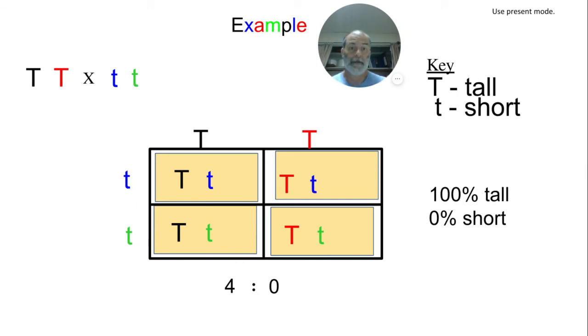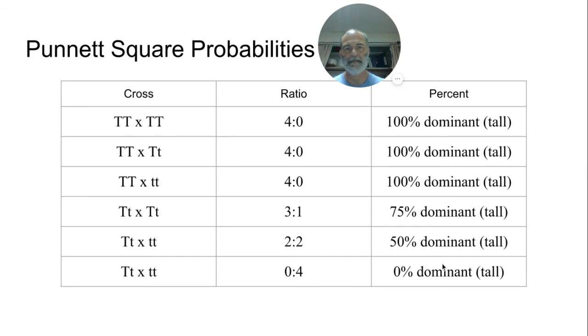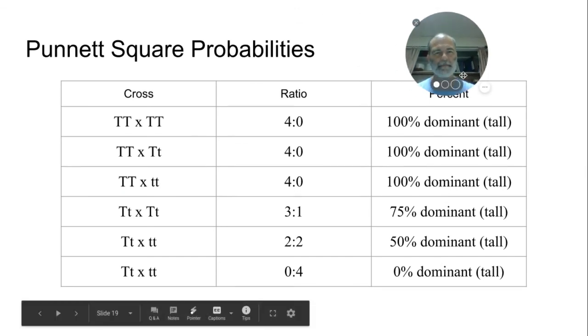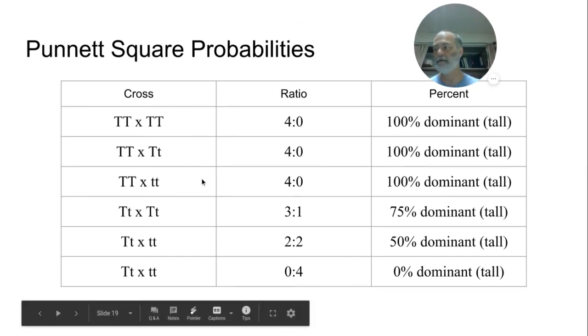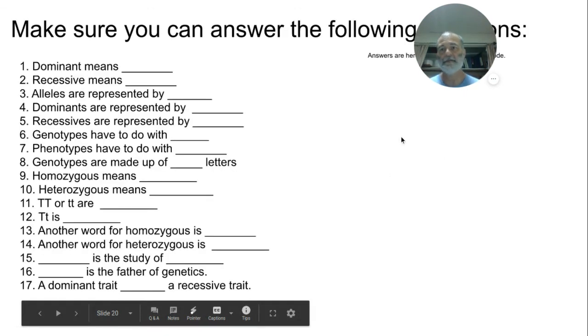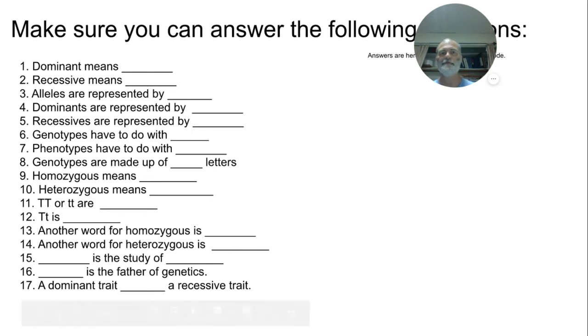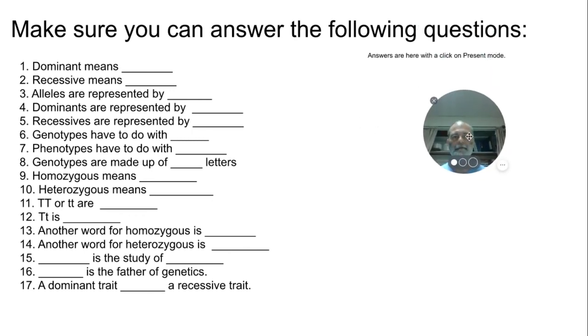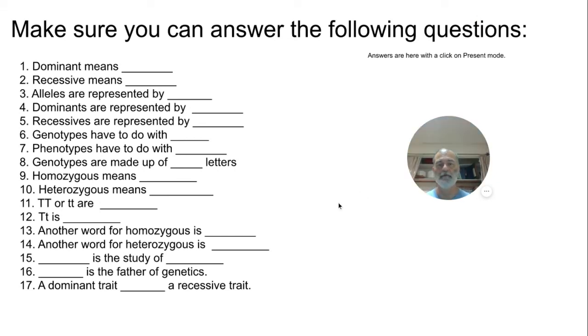So if you have questions about that, please make sure you ask, because you're going to be making a whole bunch of those in this unit of genetics. Now, these are just a couple of the different possibilities of how it can turn out, and you can look over these on your own at some point. These are some questions that are important, and if you're doing the present mode and you click, the answers are going to appear right here underneath me. And so just watch carefully that you know the answers to these questions,